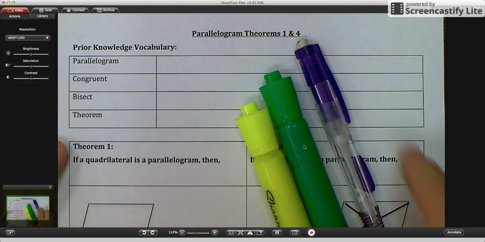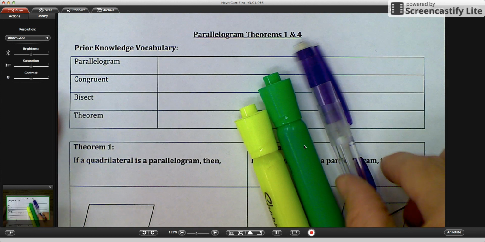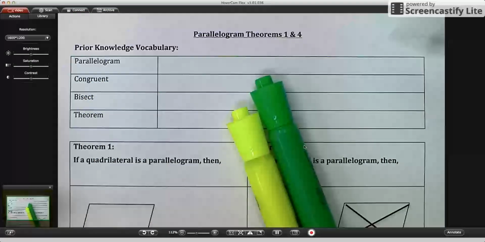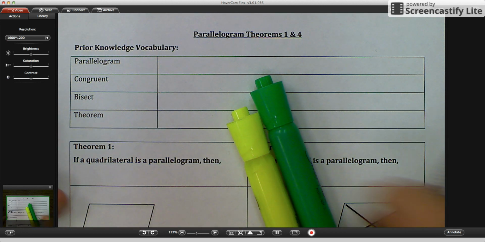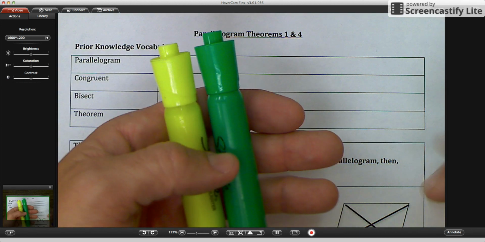Okay, today we are going to continue with our quadrilateral talk, and we're going to move into parallelograms. Parallelograms have 4 theorems, and we're going to talk about what a theorem is in a moment. 4 theorems regarding them. But first things first, make sure that you have, I'm going to use 2 highlighters and